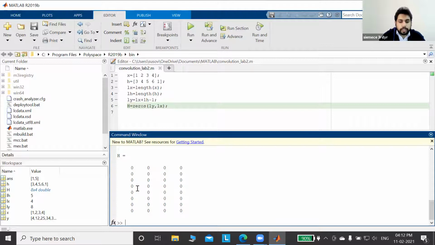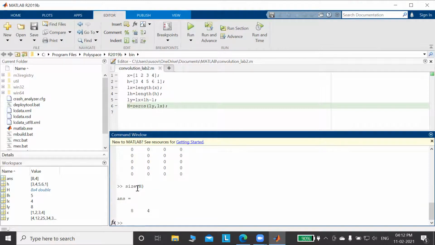You can check the size of that. The command is size of capital H. So it is 8 cross 4. Okay with this?